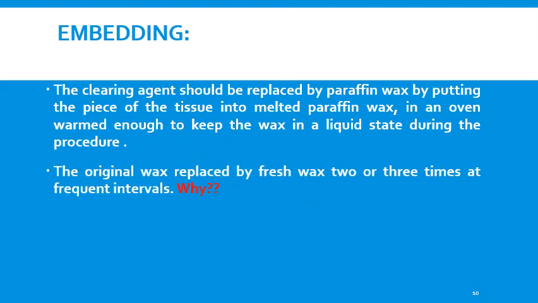The original wax is replaced by fresh wax 2 or 3 times at frequent intervals. Why? To remove the excess amount of the clearing agent أو الزايلول، لأن هذه clearing agent قد تسبب بتلف أو